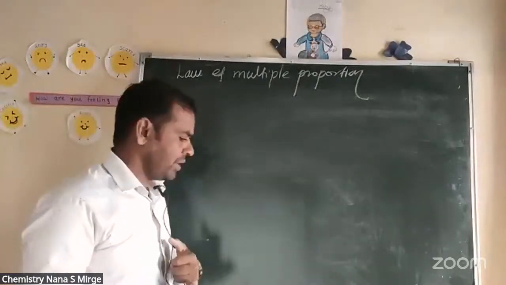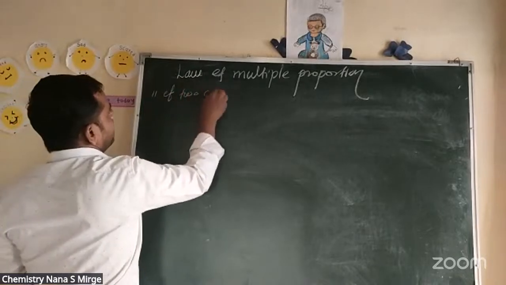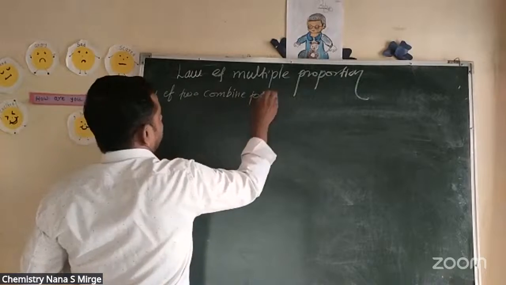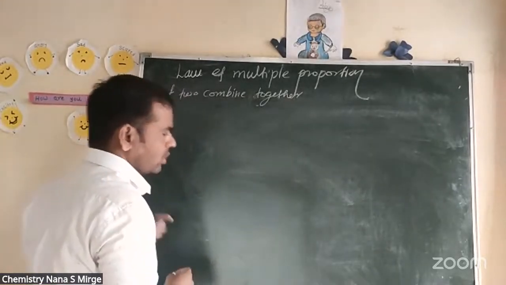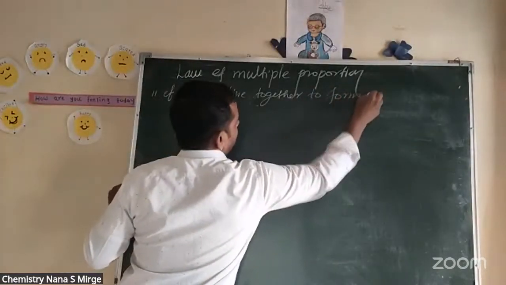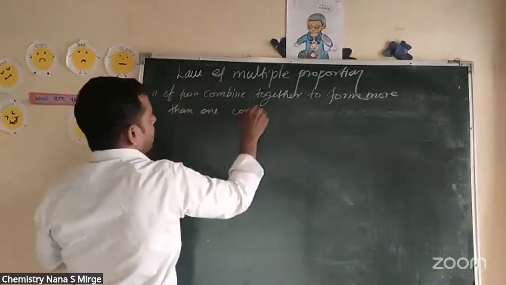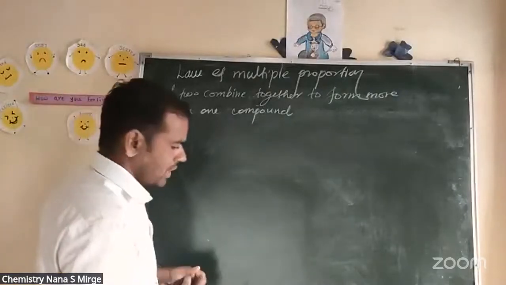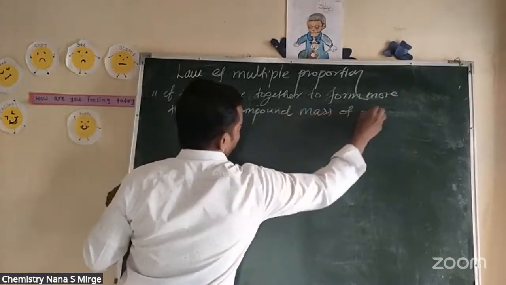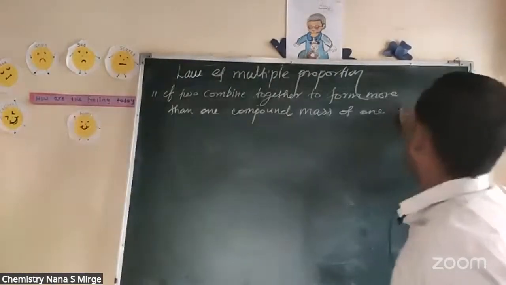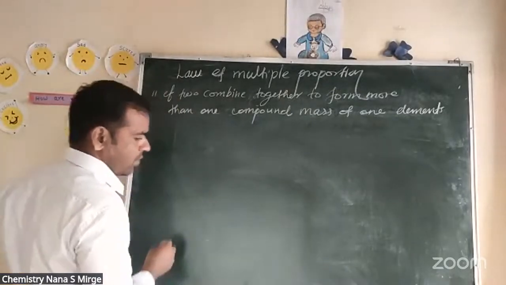If two elements combine together to form more than one compound, then the masses of one element combined with a fixed mass